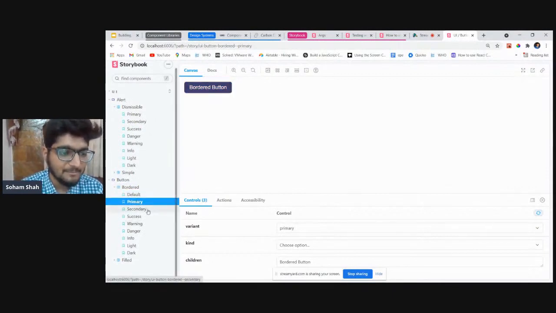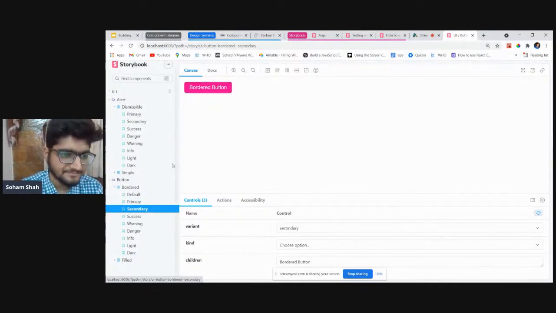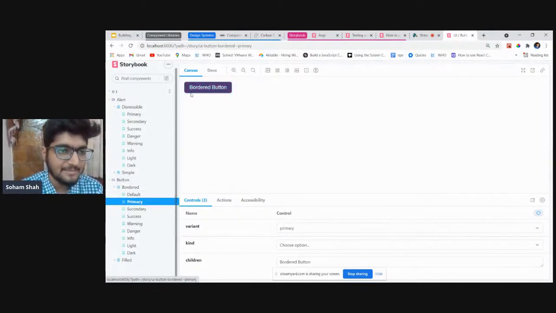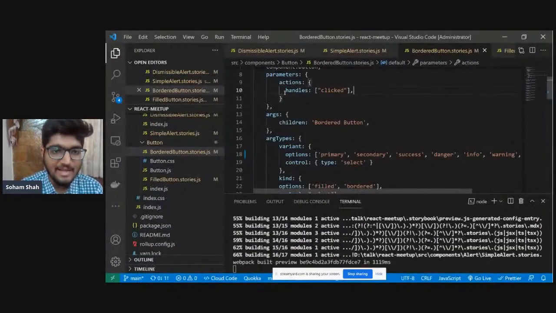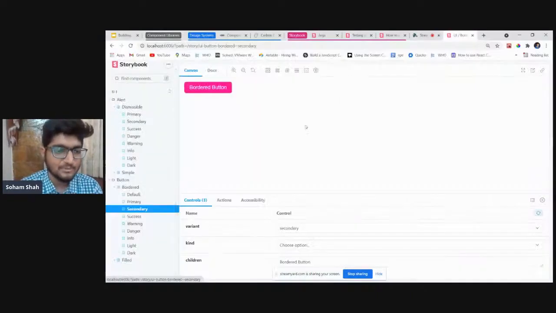If the theme of my library or my project is having the primary button as purplish and secondary as something like pink, I might want to do this. We just saw that we had handles clicked. So basically when it is clicked, something should happen. So what is something? This is actions, so that is happening.